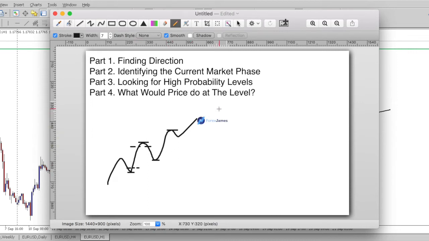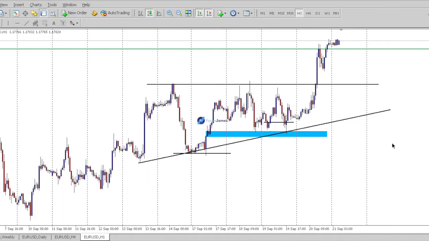I'm showing you this because it's important to know that this is the ideal area for you to get into a long. If you enter on a breakout, you can as well, but you've already lost a whole chunk of the move here. Basically, you give up your pips for that extra confirmation of momentum. But in this case, it was a pullback trade,